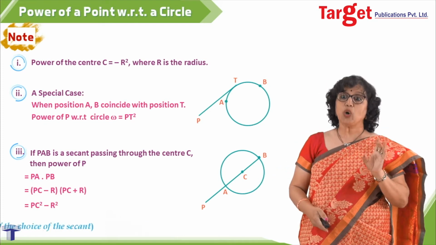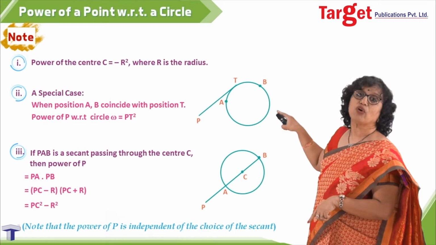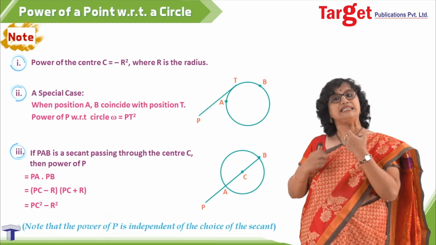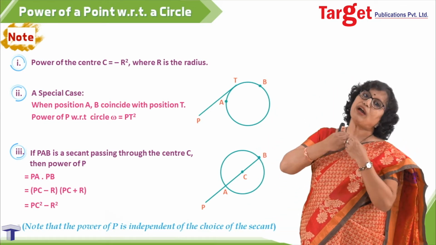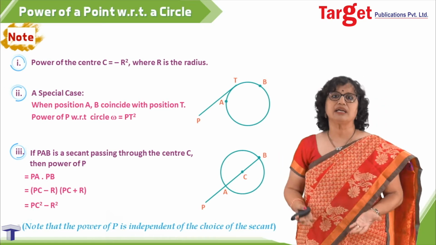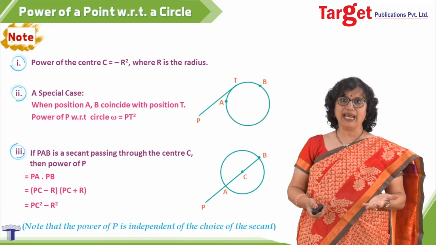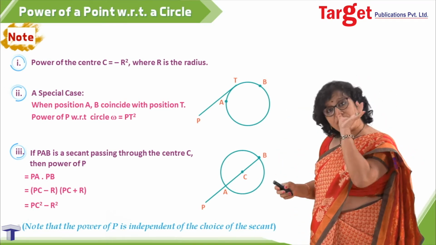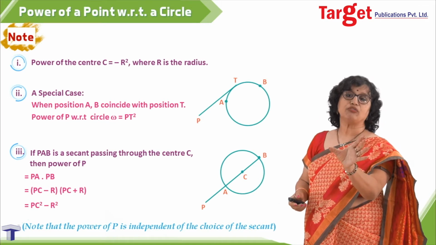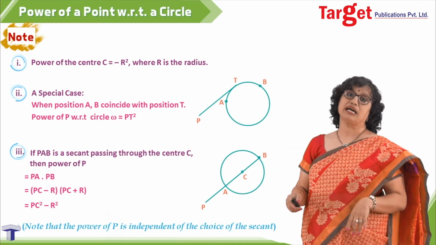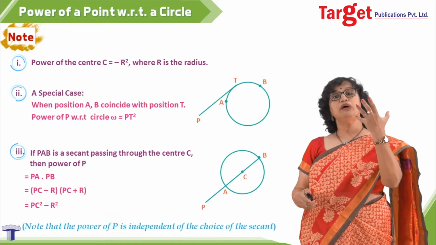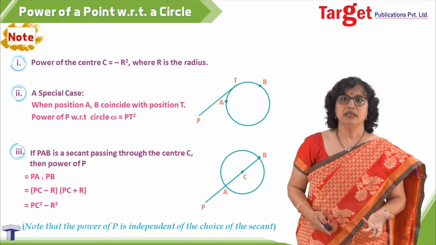So now, by writing this, what I have achieved is that I have made that power's expression independent of that secant AB. The final result, an important thing you need to remember here, is that the secant PAB could have been drawn anywhere. The only condition is that it has to pass through point P, correct? And the final expression for the power of a point, which you write as PC square minus R square, is independent of the positions of A and B, right?